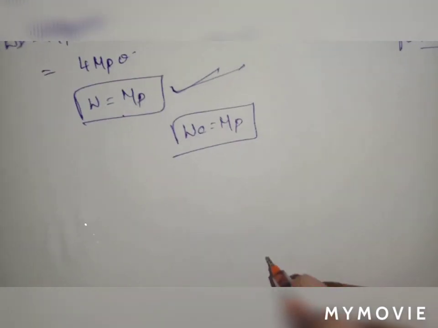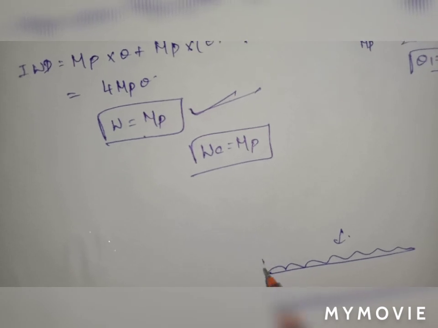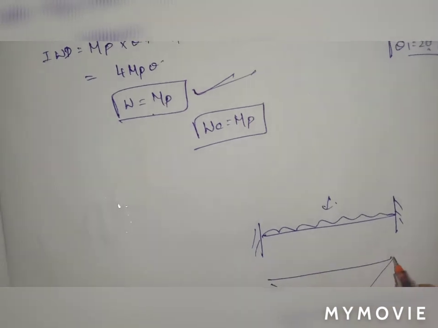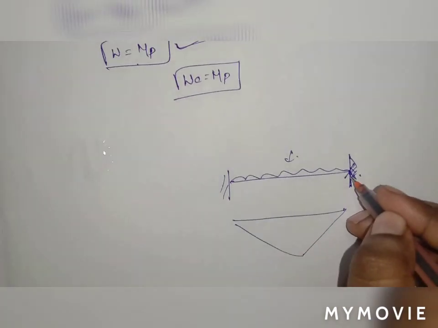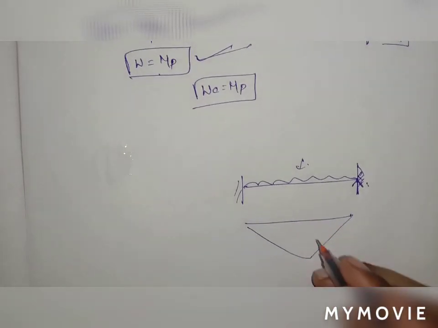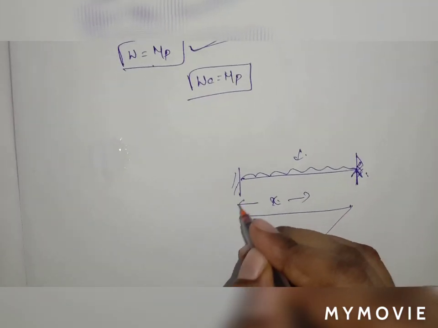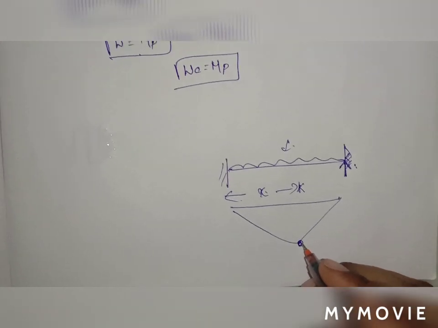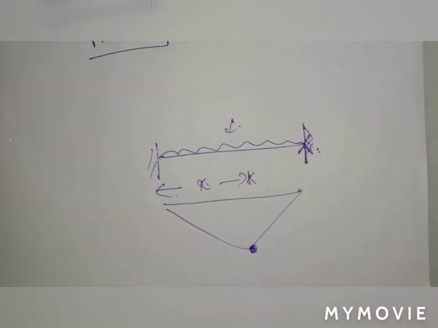Okay, so the remaining 3 problems will be based on what I've already said: if a UDL acts on the beam, and if it is a symmetrical section, the plastic hinge will occur at the midpoint only. Suppose it is not a symmetrical one, and if it is a propped cantilever beam, we have to locate the position of plastic hinge. At what distance, what is the x distance, the plastic hinge will be located? We have to calculate this value, and then only we can locate the plastic hinge. Okay, so problems regarding this we'll be discussing in the next video.